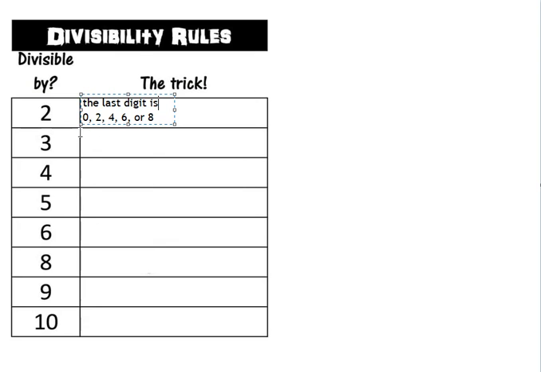Now, we'll go on to 3. So the 3 is, and I'll show you an example of 3 too. So the 3 is you add up all the digits, and if they are divisible by 3, then it works. So the first step is add up all the digits to see if it's divisible by 3 and then see if it works. So I'm going to show you this. So if you have the number